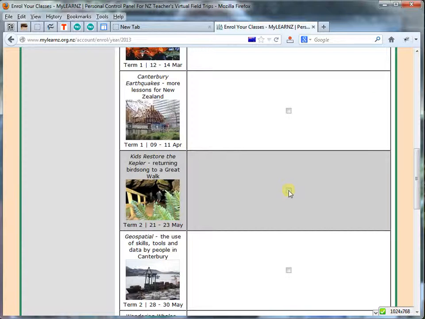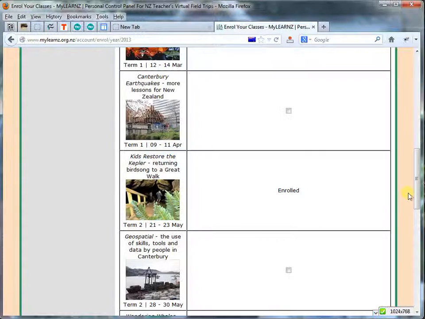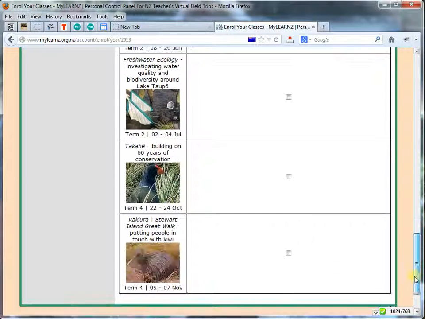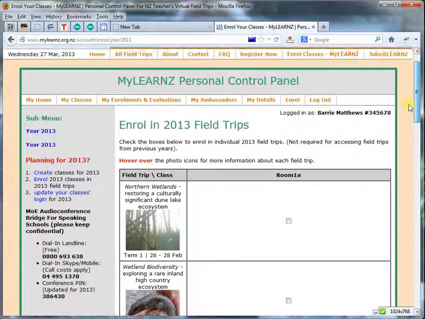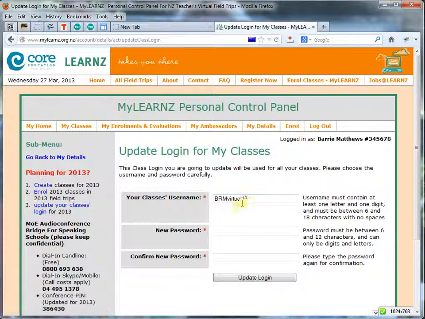So I'm going to choose this new one, and is that the right one? Yes, and there's a wee online evaluation. I've agreed to do that because it's an important part of the reflection on the learning process. And that's all I'm going to do for now. I can easily go and create another class. Or I could chicken out and say, look, I have only really got one class after all,